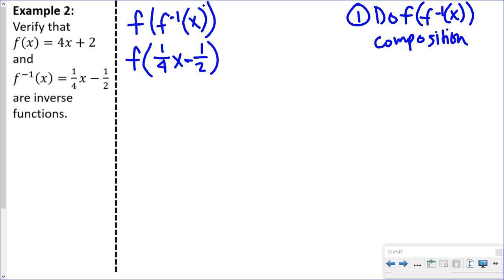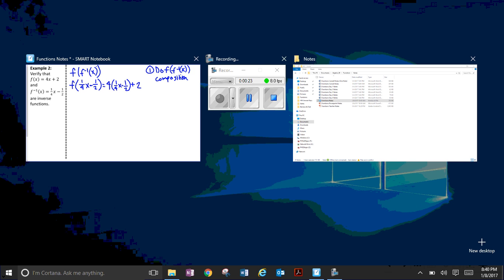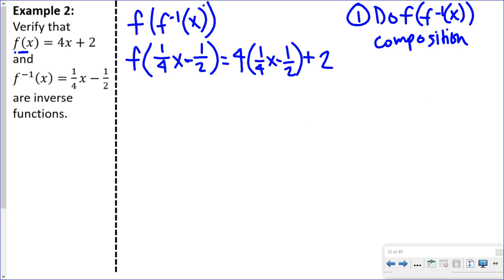If I were to plug in 1/4 x minus 1/2 into f, we would get 4 times the quantity 1/4 x minus 1/2, plus 2. So remember, you're taking this inverse, which is 1/4 x minus 1/2, and then going to the f function. Going to this f function, and where I see the x is where I plug in the 1/4 x minus 1/2. Okay, so do that composition,